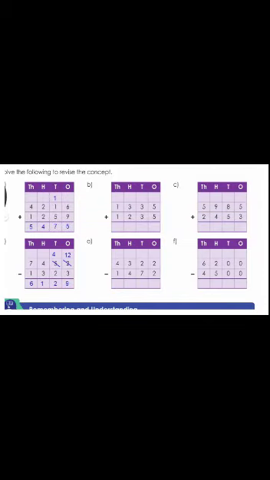Step 3 on page number 37. At every stage, see if regrouping is required and then add or subtract. Step 4. Write the answer. Now, in front of you, 6 sums are given, 3 of addition and 3 of subtraction. The first one I have done for you, both in addition and subtraction.